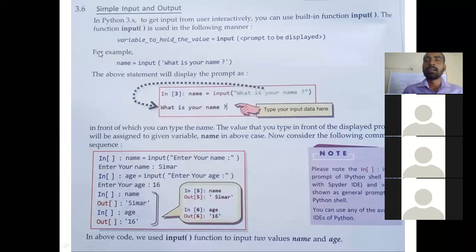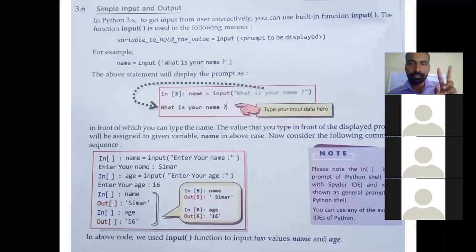Okay, next we have a simple input and output operation. So how do we perform simple input and output operation in Python? There are two statements in Python, print and input. As already you know about print statement, just now we have used print statement. Print is an output statement. Output statement means you can display something, you can display the result, or you can display the text, or you can display the arithmetic operation with the help of print function.